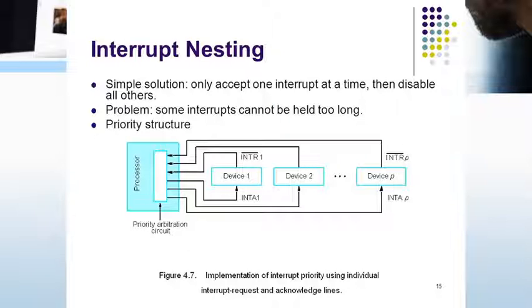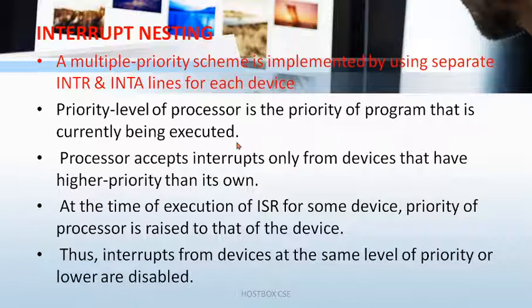What kind of task you are doing, whether printing a document or typing a program and saving it as a soft copy, or whatever it is. Mainly understand about the printer, because everyone knows how to use a printer, laser printer, color printer, black and white. You can use many companies' hardware components and so on. So acknowledgement is the same. So this is the way to use interrupt nesting, and also some points are given here.